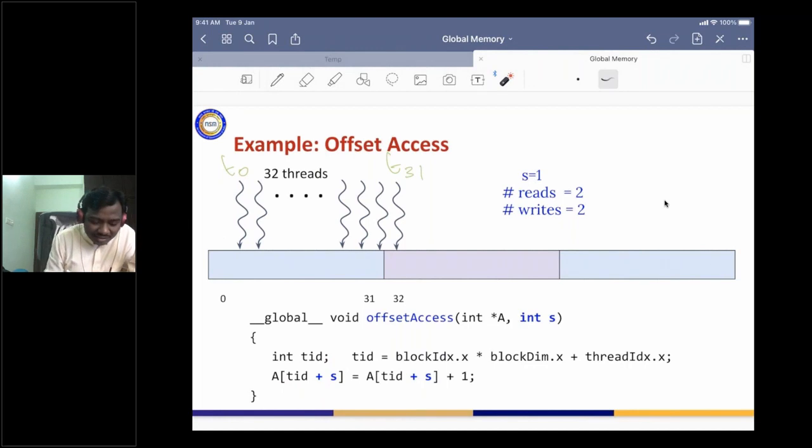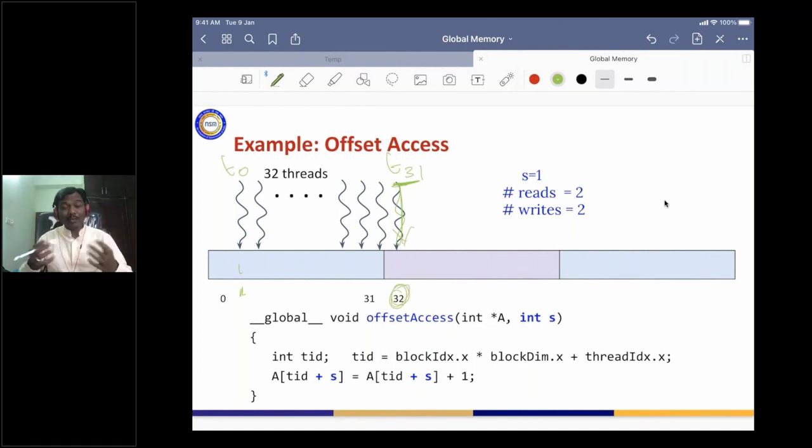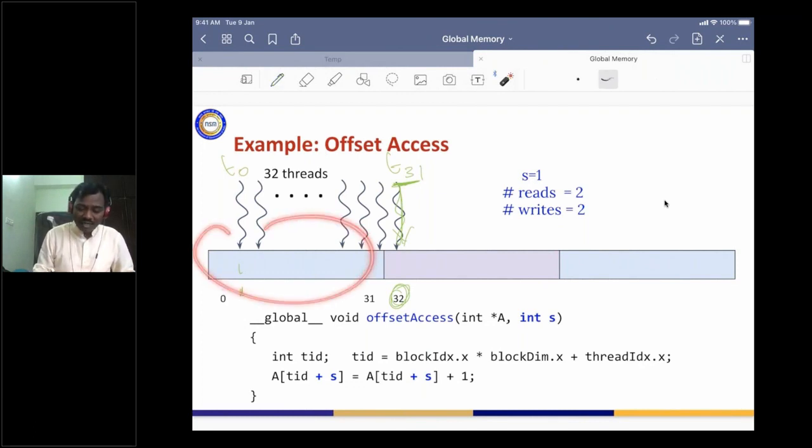T0 is going to access a of 1, and T31 is going to access a of 32. So what can you observe? This is sequential but not aligned, and hence we are going to read two blocks: this block and this block.